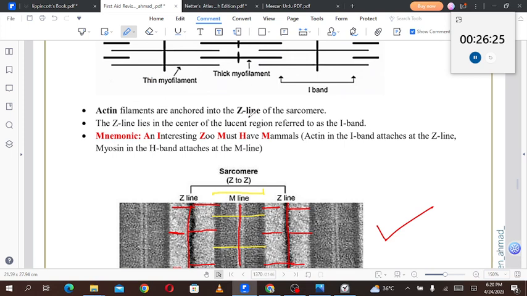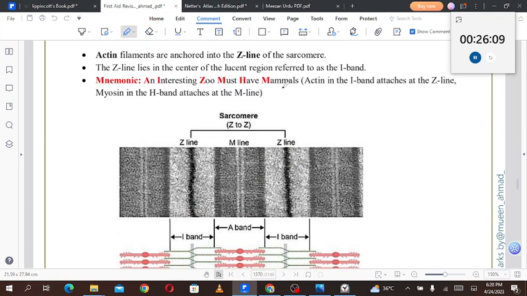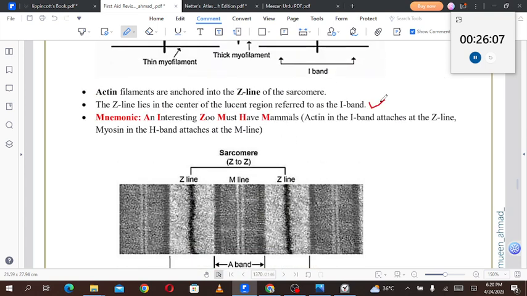Actin filaments are anchored onto the Z line of the sarcomere. The Z line lies in the center of the lucent region, referred to as the I band. So this is the I band, and in the center of this lucent region, we have the Z line. The dark line. This dark line in the center of the lucent region is the Z line. You have to remember this point because they ask you about this Z line in the UWorld questions and in the Step 1 exam. The mnemonic: